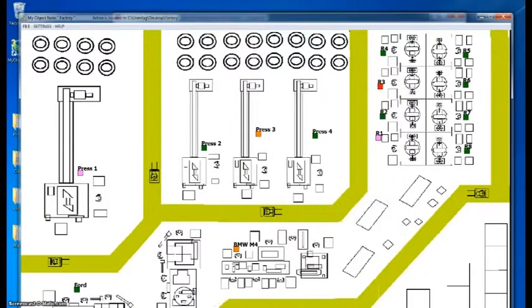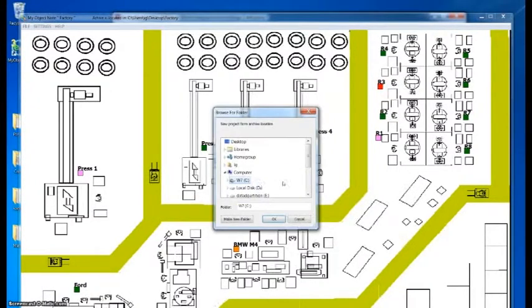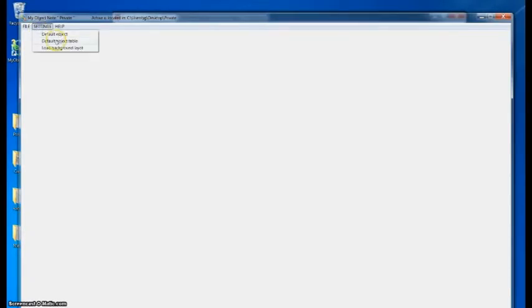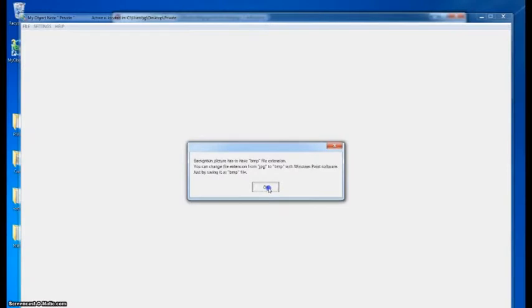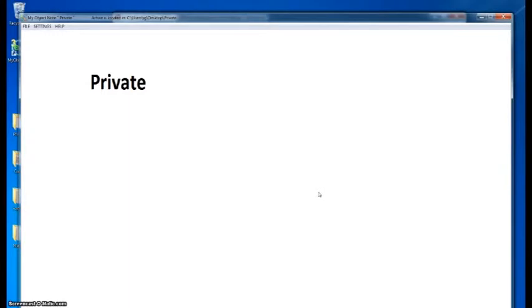And if we want to create a new project, we have to give a name to it and set the project folder, and just insert a background layout for it, which will represent the project,